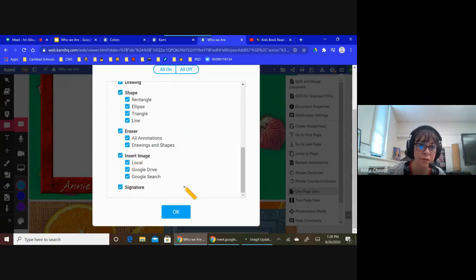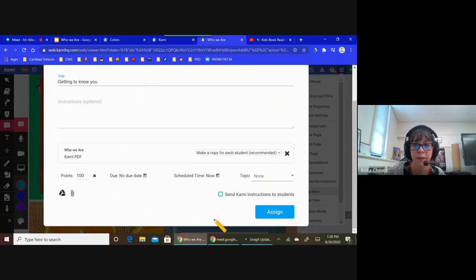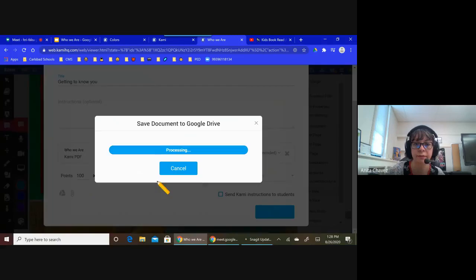Maybe the drawing tools, but they don't need to insert images right now. I would probably take all those off. They don't need a signature tool in there. And then I would assign it. Okay, got it.